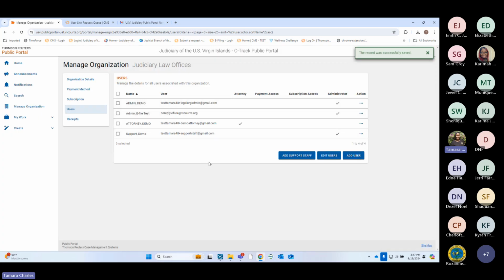So I've added my attorney, I've added my legal org, I've added my support staff. So my attorney has 2 people that could file on behalf of him or her. So I am going to add the support staff for that attorney. The attorney must be highlighted. When you're adding support staff, you have to check the box in front of the attorney.